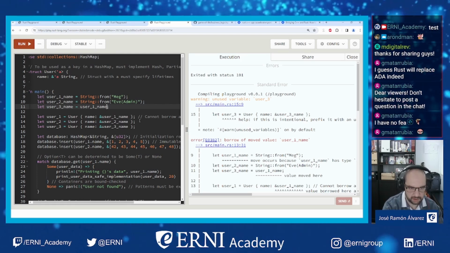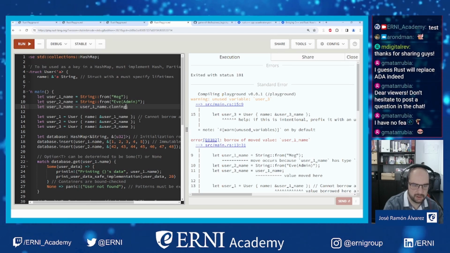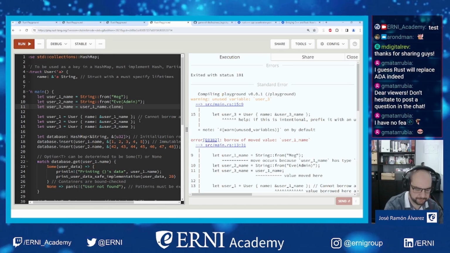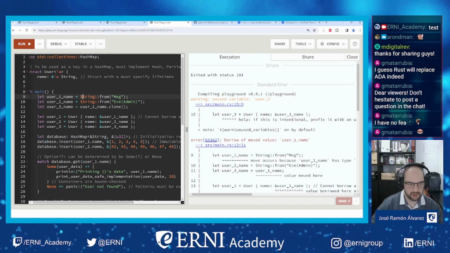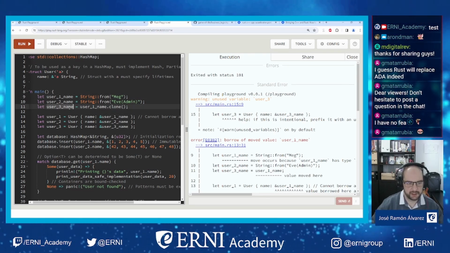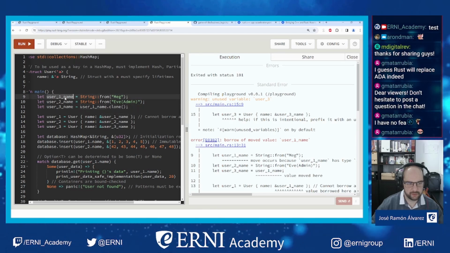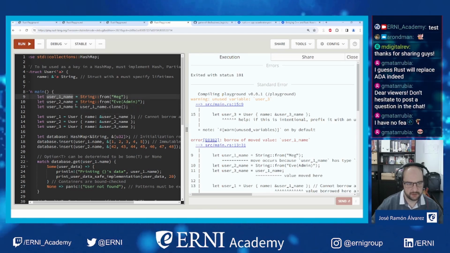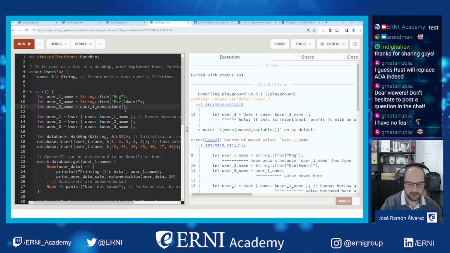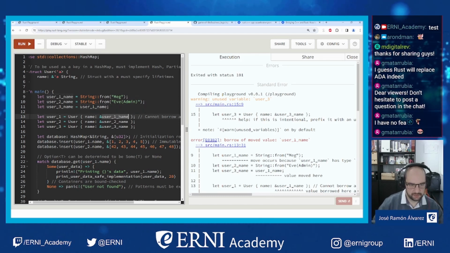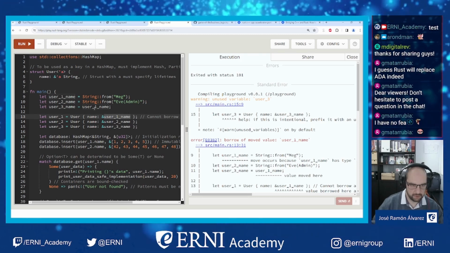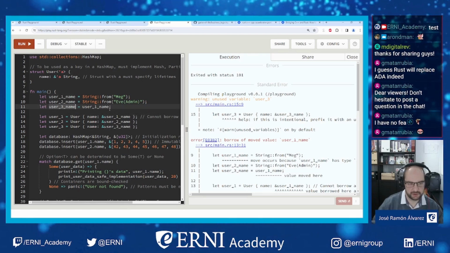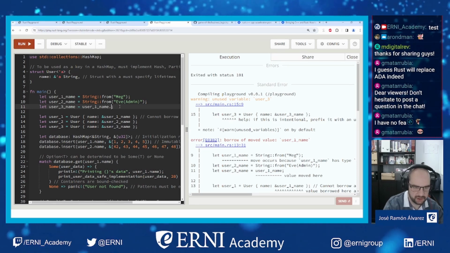We must do a deep copy, cloning the object. And now this is a new object independent of this one, and we can bind it to user 3 without losing the ownership of user 1, because if we left it as is and tried to use the username here, user 1 name is not available anymore because we have moved it to user 3 name. So let's clone it,